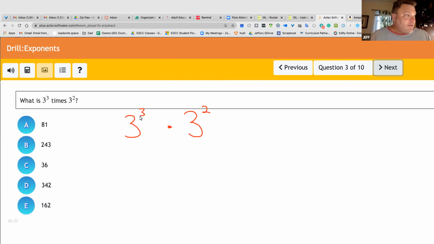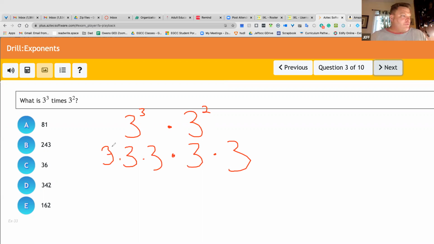So we break down the 3 to the 3rd power, and it's 3 times 3 times 3. That 3's had too much turkey. So that's what that is with the repeater. I'm going to fix that. And then times, we're breaking down this one, 3 to the 2nd, or 3 times 3. So these 3 are this. These 2 are this. Now, before we type this into our calculator and find